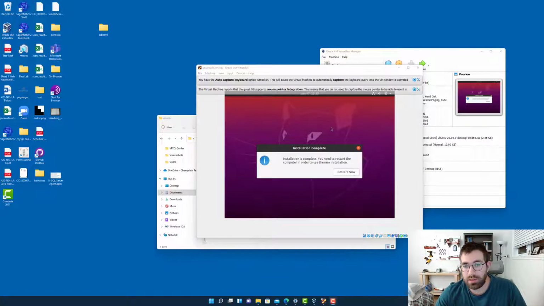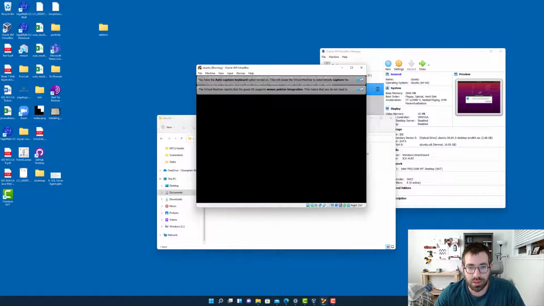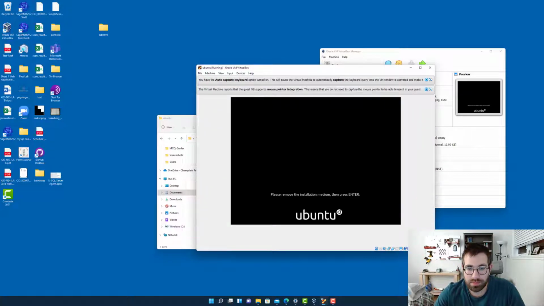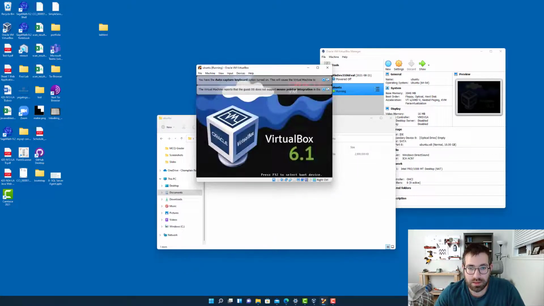So now that the installation is completed, we get a small window like this saying installation is complete. You need to restart the computer in order to use the new installation. Now when we say we need to restart the computer, this is a small computer running virtually. It's not about your computer, it's about the virtual computer that is running. So it's going to restart the virtual machine, and now we can press enter,